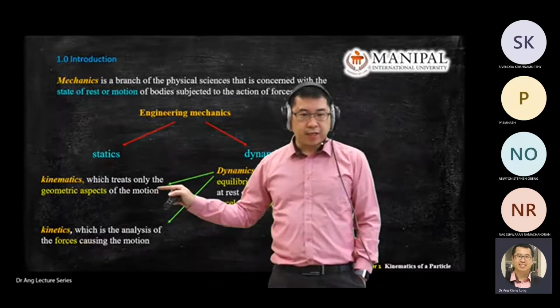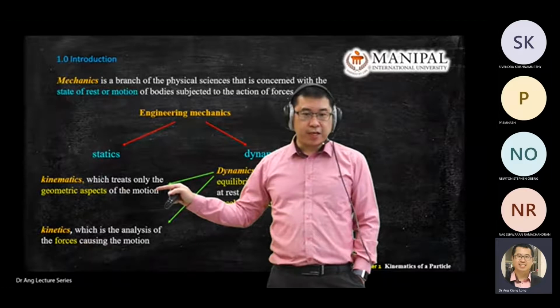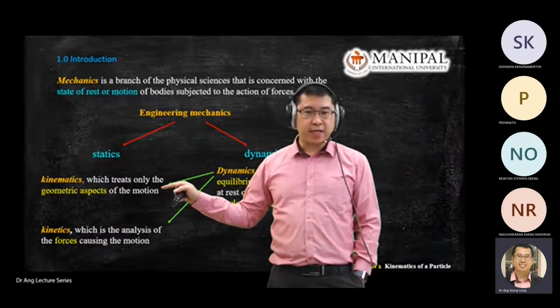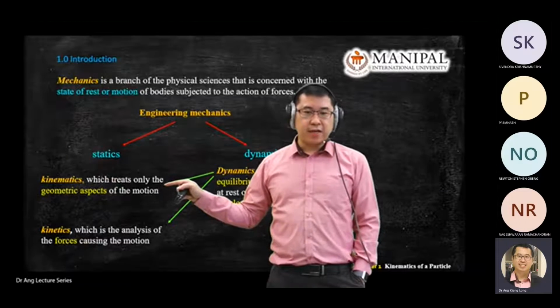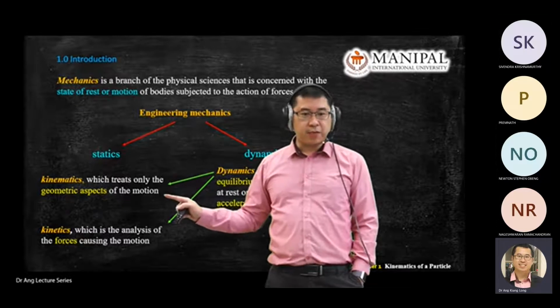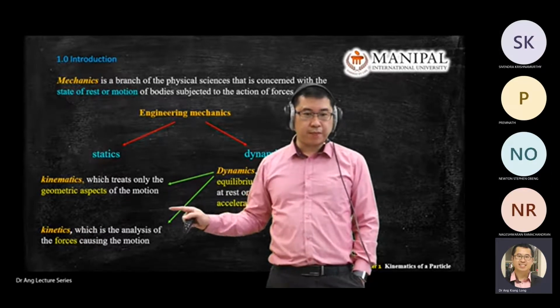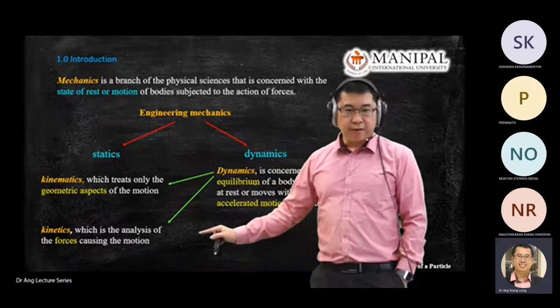It means we look at the motion and study how the motion behaves in the Cartesian plane or positioning system. Geometric means we have a position for the motion. That is kinematics. However, for kinetics,